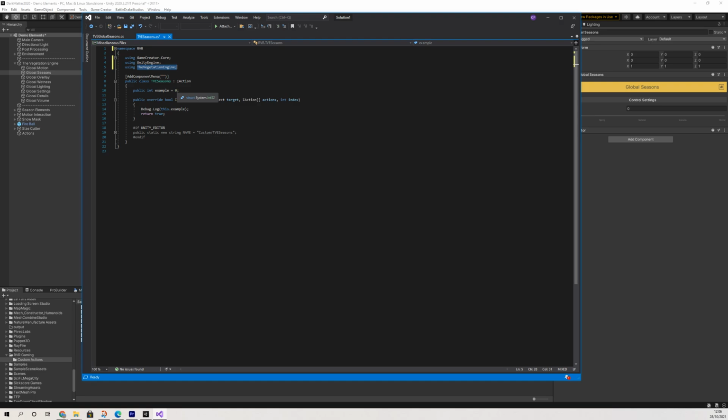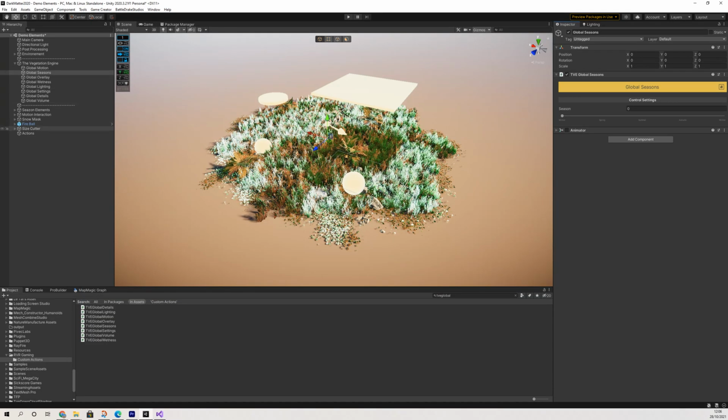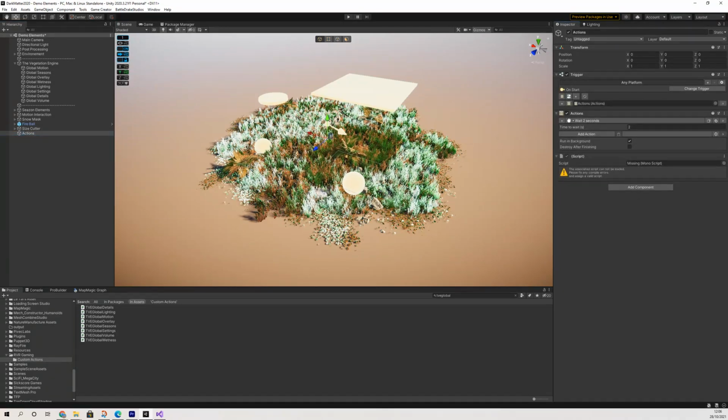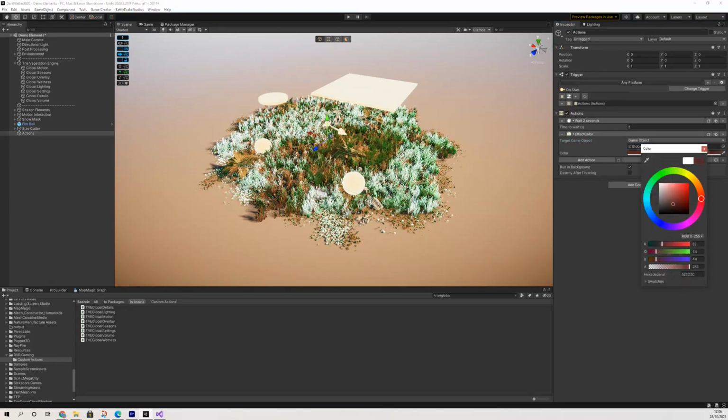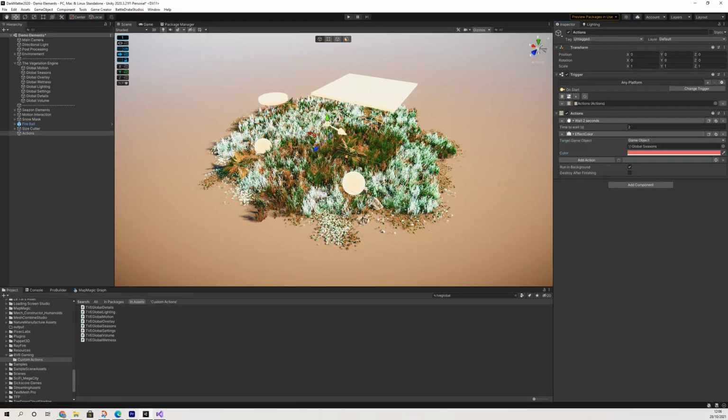So first things first, we're going to change this, and basically we're going to decide how we get that information. So I can show you something here. When we go to RVR, we see a couple of my custom actions. And what we want to do here is create this drop down, so Target Game Object. And here we drag in the object with the script on it, and then we'd be able to change the value. So this is going to be the first line, creating this drop down menu,